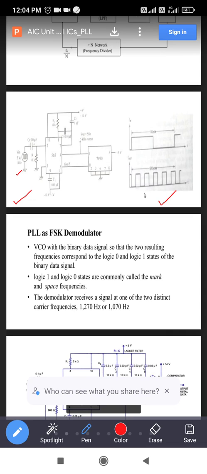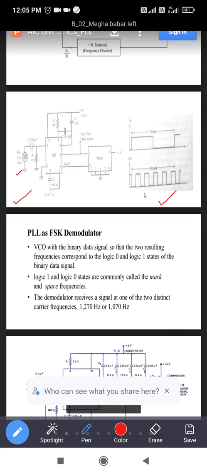Then external capacitor C2, that is 1 microfarad, they have taken. Internally 3.6 kilo ohm is present. The output pin number 4 is connected to 7490, which they have used here. This is what we can call the mod 5 counter. The output frequency is divided by 5. So here mod 5 is used.